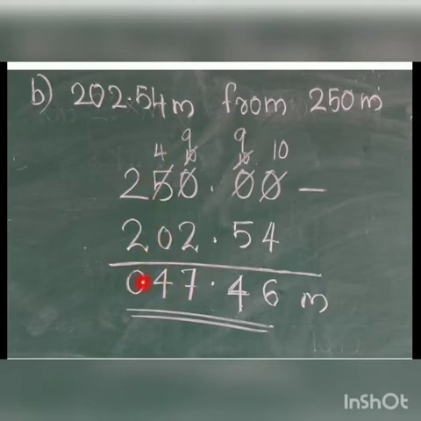2 minus 2, 0. Now, if you are not writing 0 here, you will directly write what? 4, 5. Is that answer correct? Also, what people will do means, you will put the decimal point over here and write the number down. That is also wrong. This is not a decimal number. This is a whole number.